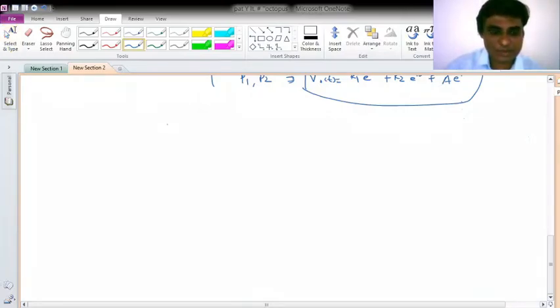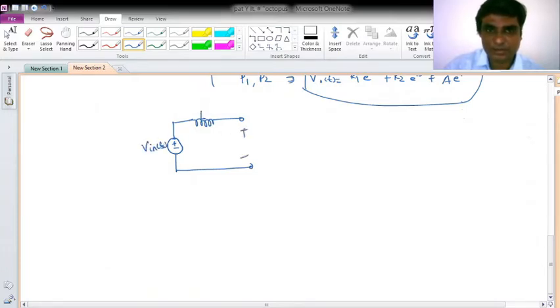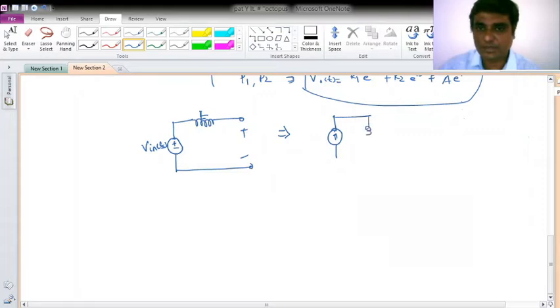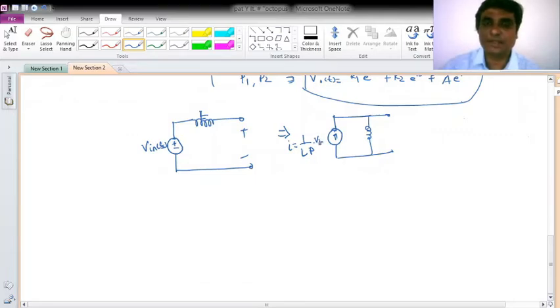Now again, it is to be noted here that if I have this source voltage like this, and to this, suppose I am connecting an inductor, say this V1 of t and suppose L. Okay, so try to avoid this source transformation, because if I do the source transformation, this will be my current source in parallel with a resistor. So what will this be? This will be 1 over L into P into your V in. This will be my current.